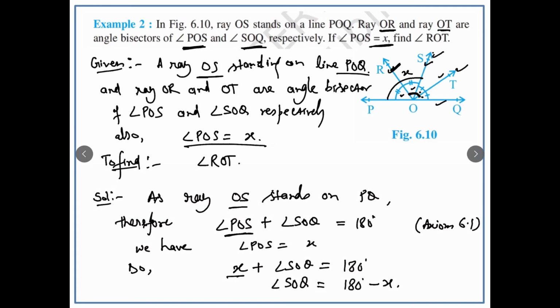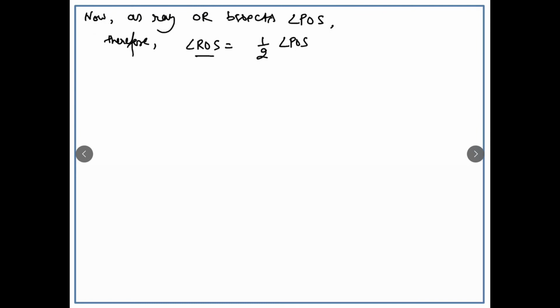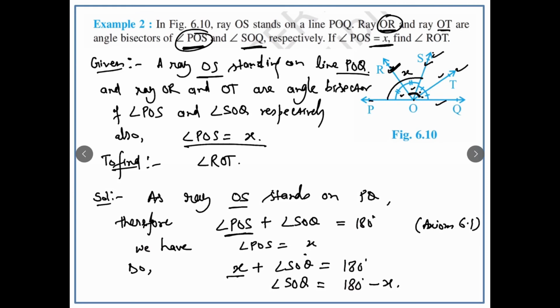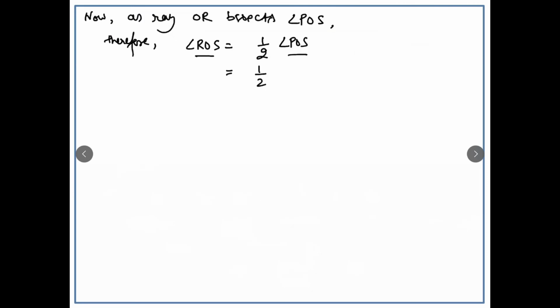Okay, in the question it is given that OR is bisecting angle POS, therefore angle ROS will be half of POS. So angle ROS will be half of POS, and POS is given as, we have calculated here, x, so we'll write it as x by 2. Okay, similarly